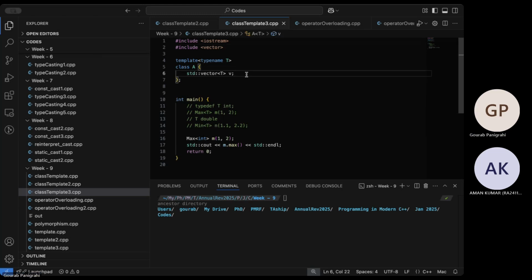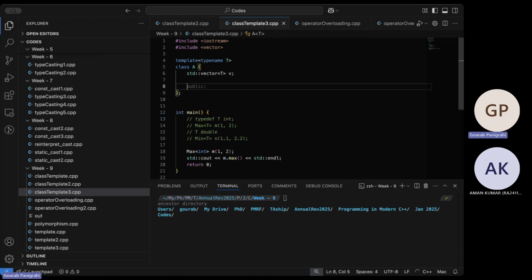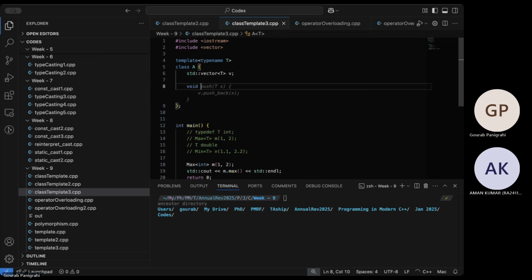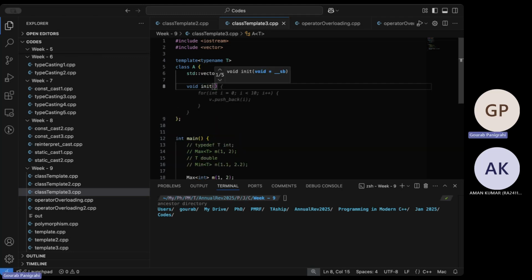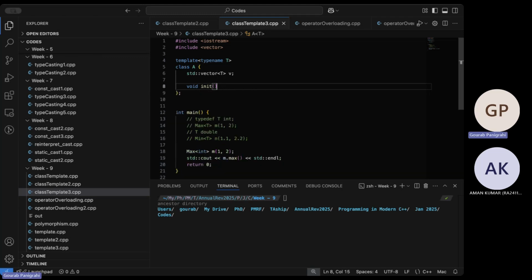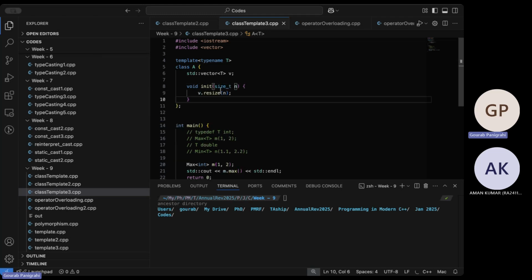Now the nice thing is this is a member variable. I can have some function void, let me call it init. It initializes the vector, taking a size parameter. So it essentially initializes v.